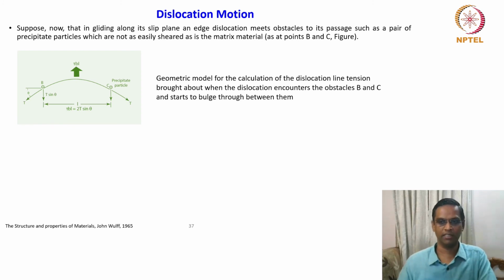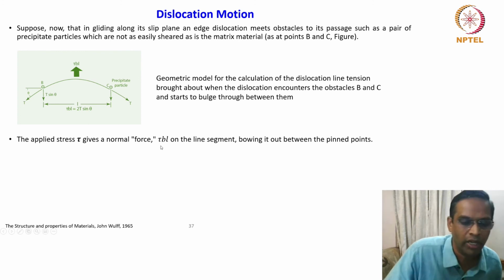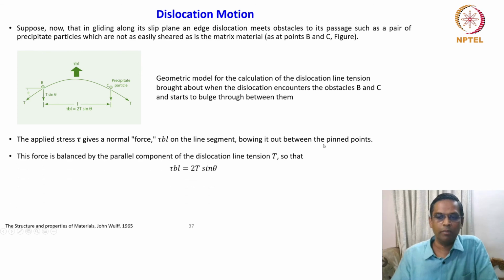So the dislocation line tension arises when the dislocation encounters obstacles B and C and starts to bulge out between them. The applied shear stress tau gives a normal force. What is that force? Tau BL, where L is the distance between the two obstacles B and C. Tau B is a force we are very familiar with,